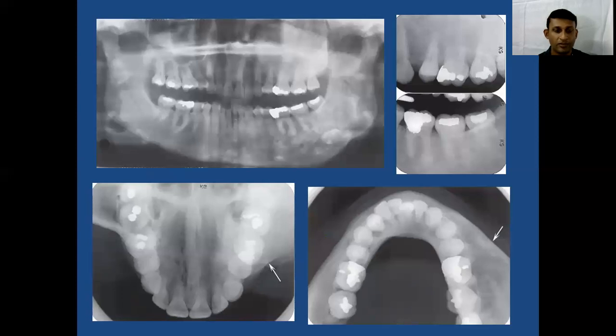And these are the radiographic features where you can appreciate this. The first one is the OPG, where you can see the left side has been completely affected. The bone appears more radio-opaque, and in the maxilla especially, you can appreciate the fingerprint pattern as well as the ground glass appearance. So in this case, both the maxilla as well as the mandible are being affected.